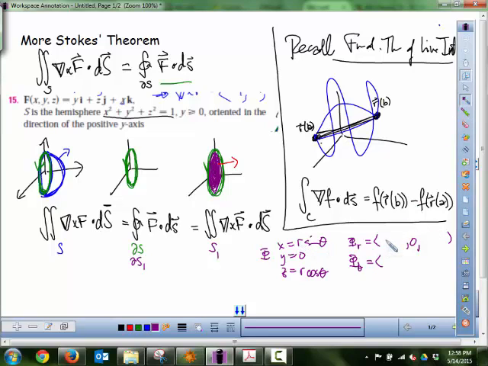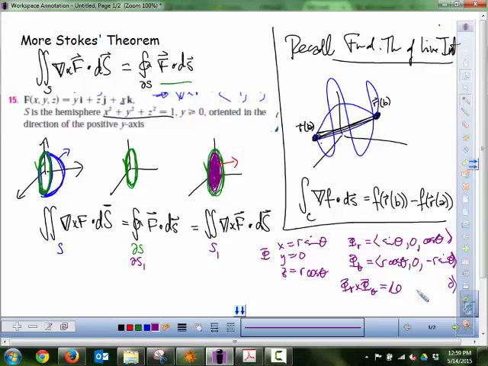So the derivative with respect to r, this is sine theta, and this is cosine theta. Now with respect to theta, this is where I get the r cosine theta and negative r sine theta. So if I cross them, looks like I'm going to get 0 and 0 for my x and z. And then if I look at my middle term, it'll be minus,